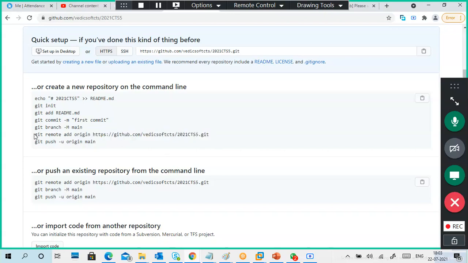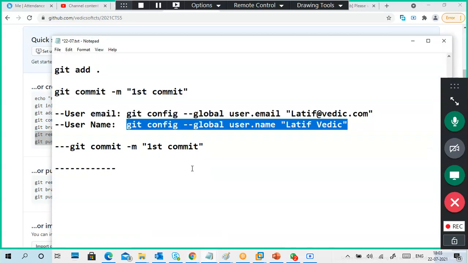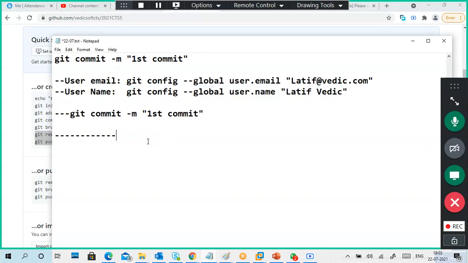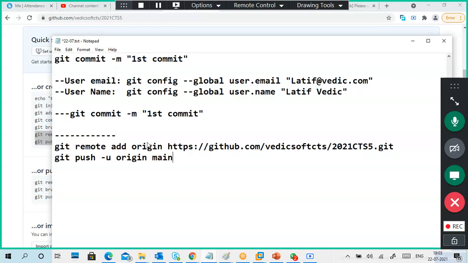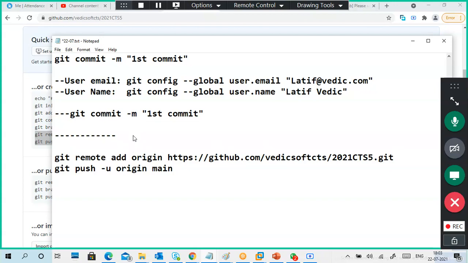First of all, git remote add origin. The link here. This link information is going to be added to your .git, the central repository.